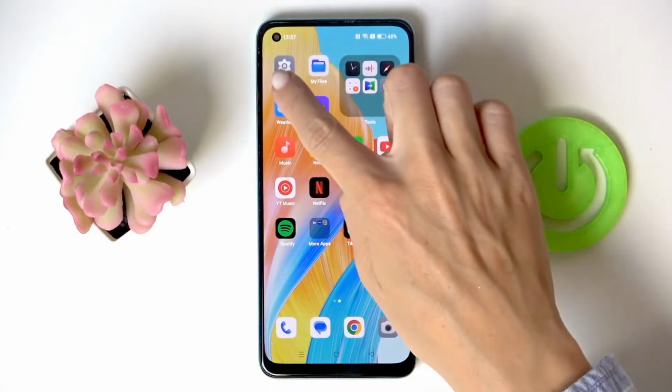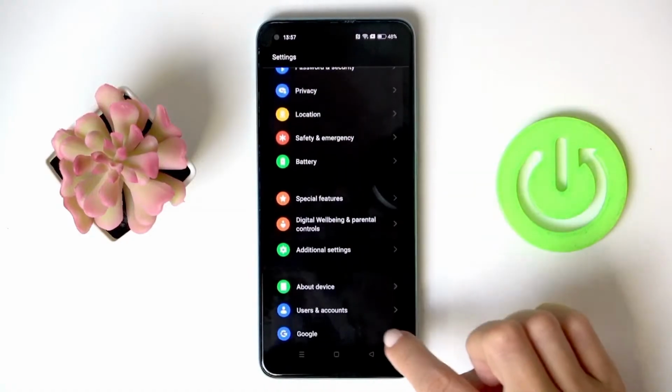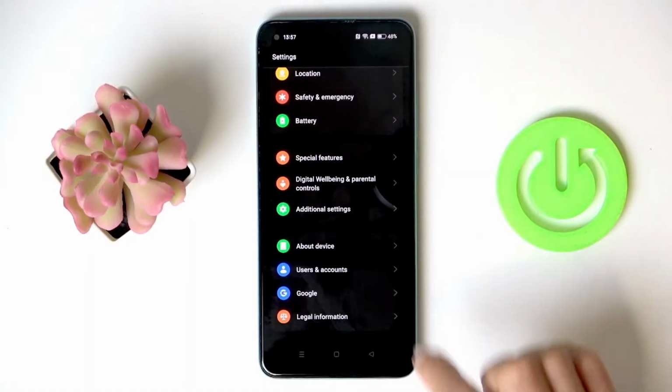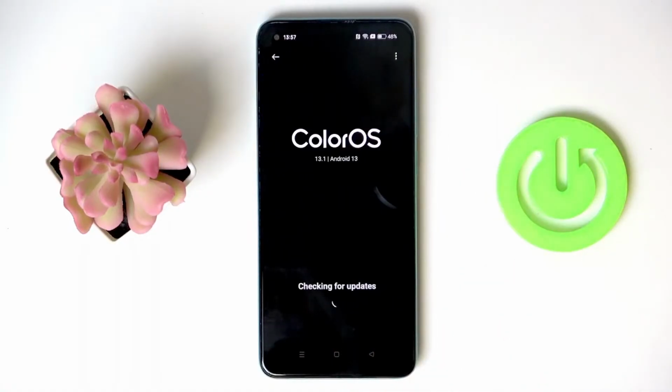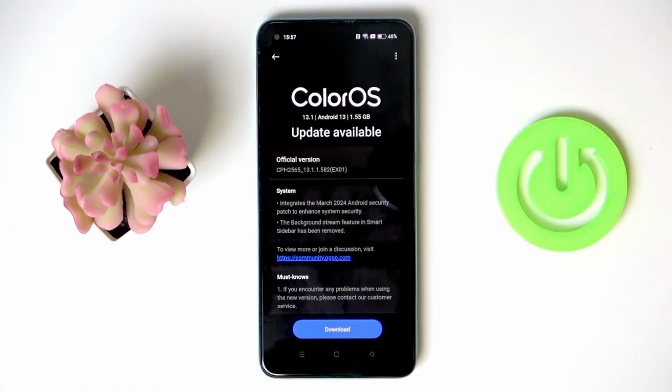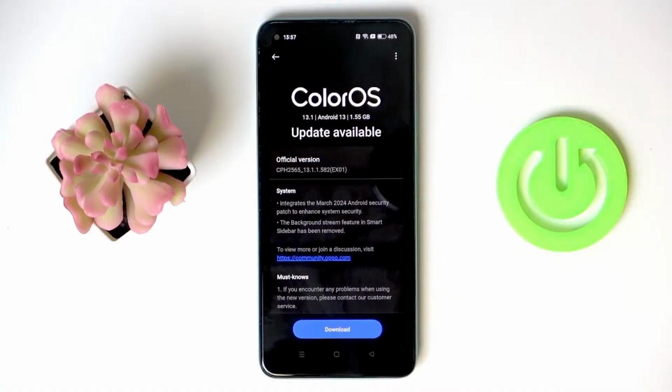So at first open settings, then find and select about device, and here click on ColorOS tab. Now wait as your device is scanned. As you can see here, we've got the information. So either you will notice the same